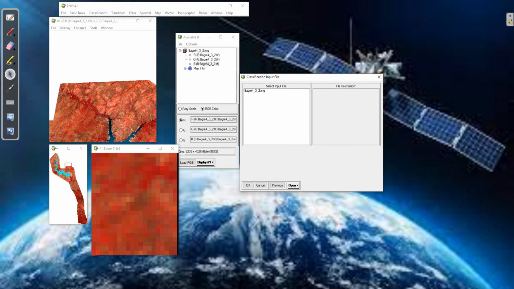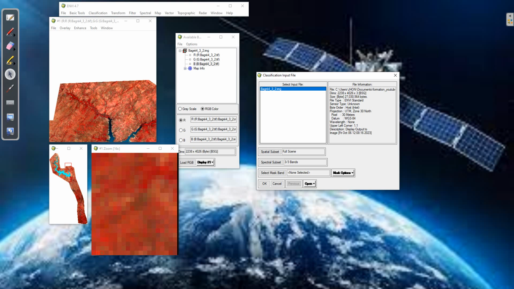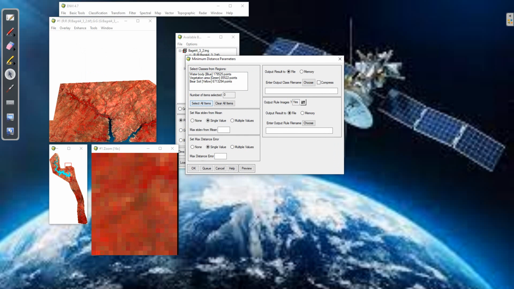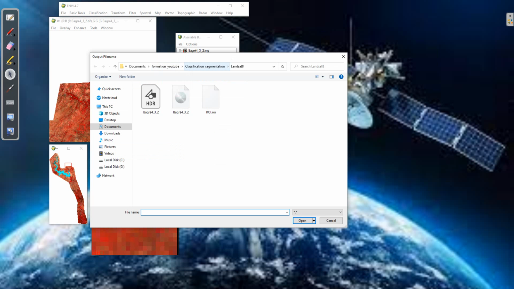So let me select my color composition 4, 3, 2 image. Then here the second parameter is to select the land use classes extracted from the region of interest process, exercise 3. So here you can just press here to bring the output raw images as you know, and choose to make